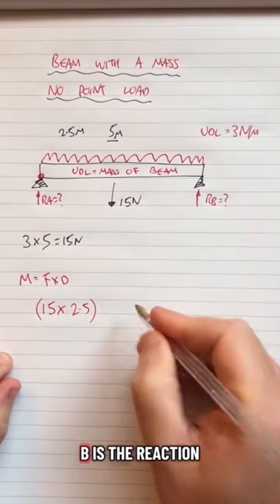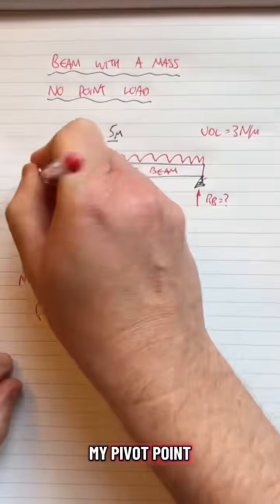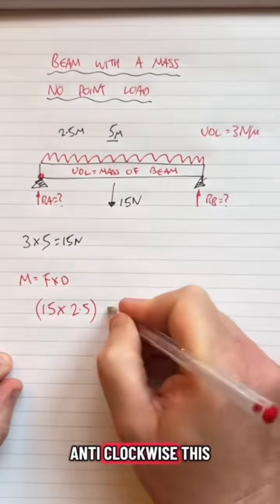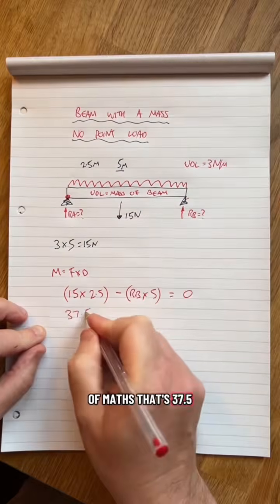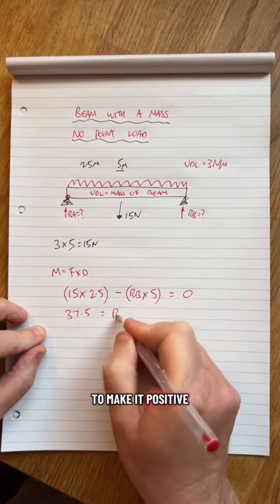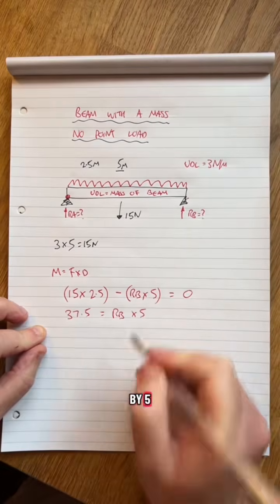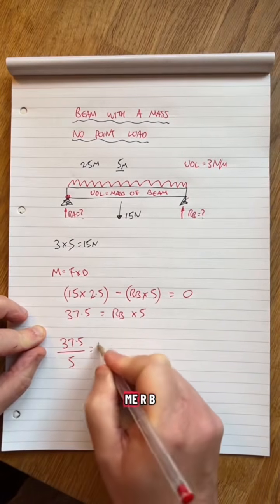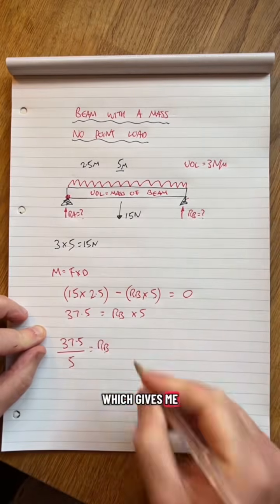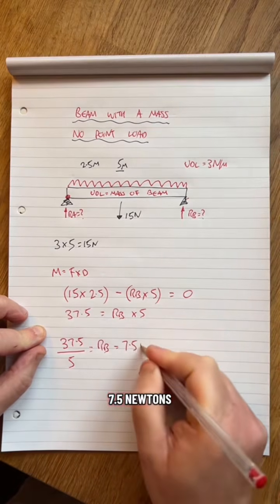We've only got one more force, it's RB, the reaction. How far is RB from my pivot point? 5. Which way is it going? Anti-clockwise. This beam is in balance, so it all adds up to 0. Do a bit of maths, that's 37.5. Bring this across to make it positive. RB times 5. So 37.5 divided by 5 will give me RB, which gives me 7.5 newtons,